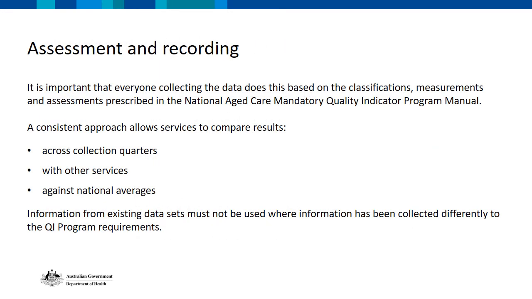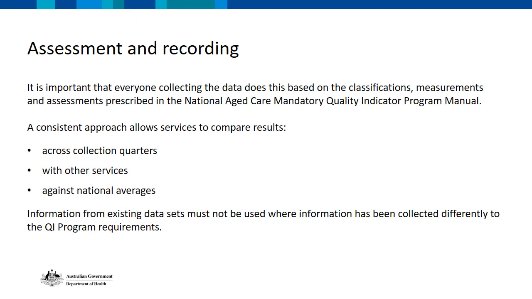To get the most accurate information possible, it's important that everyone collecting the data does this based on the classifications, measurements, and assessments prescribed for each QI. This information is contained in the National Aged Care Mandatory Quality Indicator Program Manual, which is available on the Department of Health's website. The QI Program Manual supports a consistent approach that allows services to compare results across collection quarters